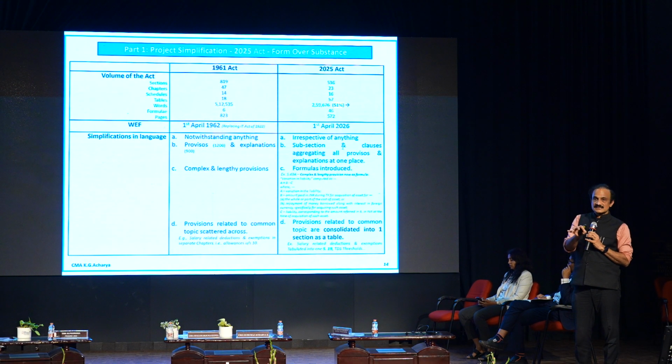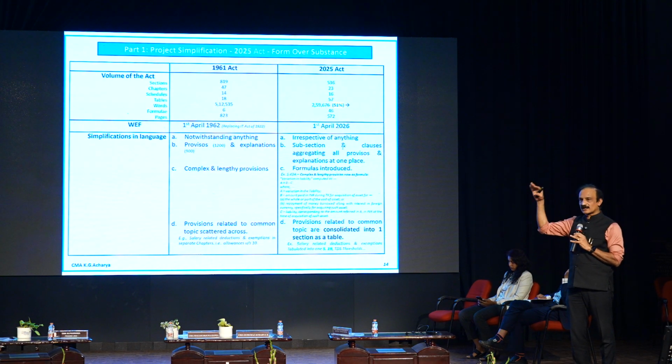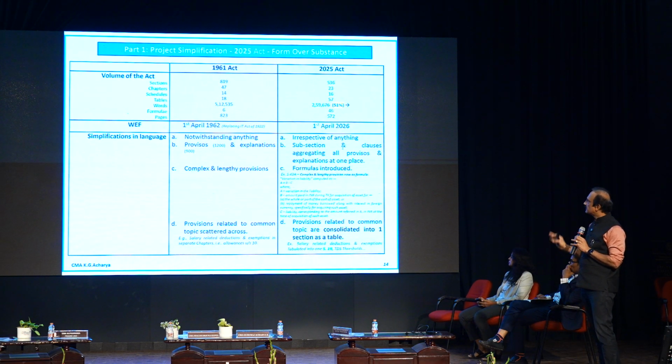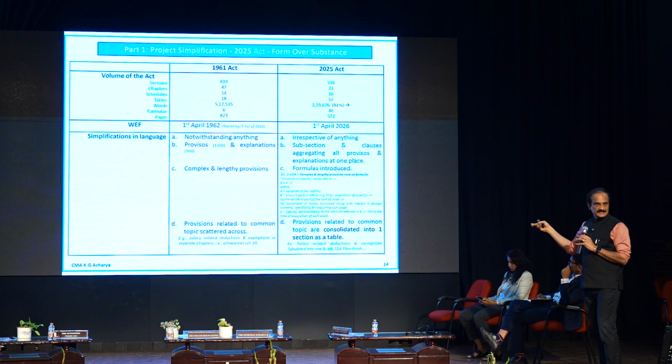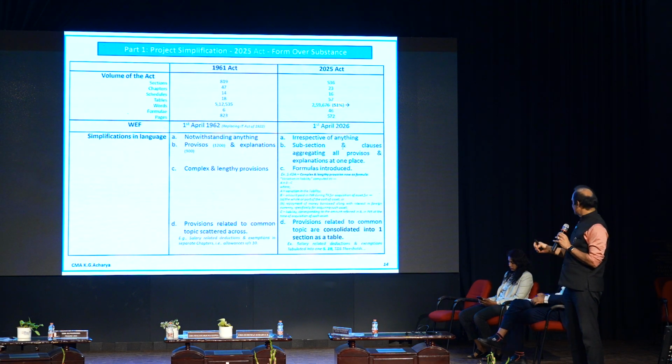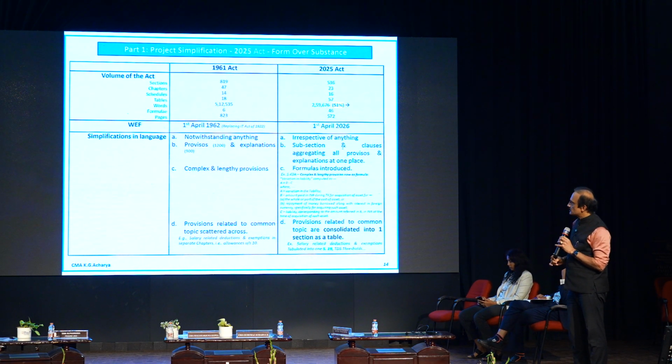The income tax, I should have put in one word. What is the reduction in the income tax that I have to pay? For the same income in 1961, I will have to pay the same tax in 61 and 2025. There is no change whatsoever. With effect from 1962, whereas this is from 1926. I like 62 becoming 26. Easy to remember. Yeah. Simplification in the language.